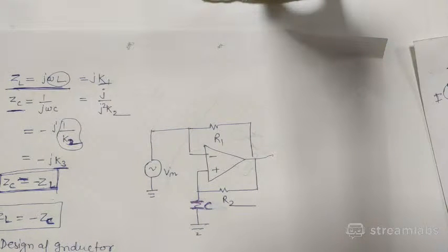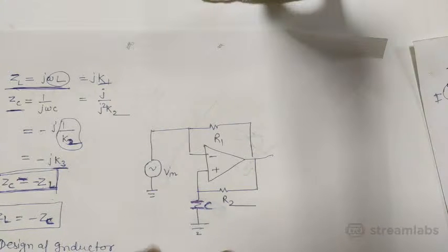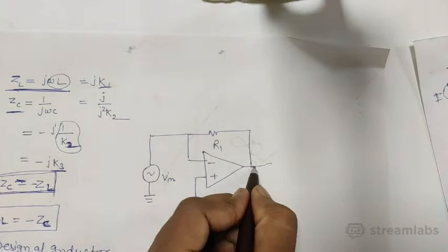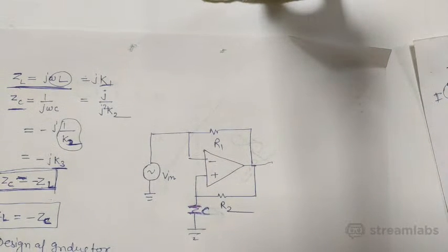Sometimes these inductors are also designed into the chip, but the designer tries to convert inductance into capacitance using this circuit. But it will work like an inductor. This circuit will work like an inductor. So this is an equivalent inductor. There will be an equivalent inductor to this circuit, because it will show you a negative impedance of a